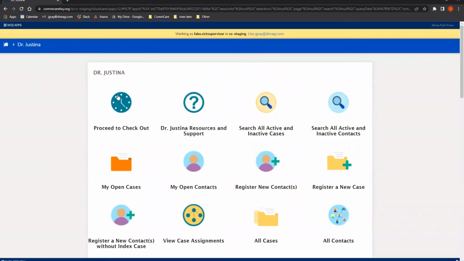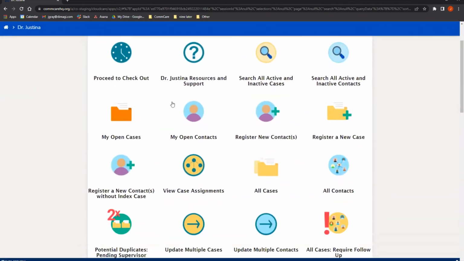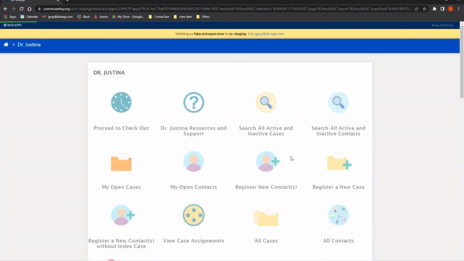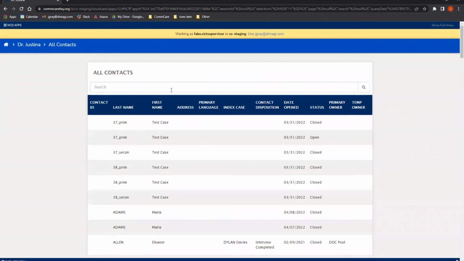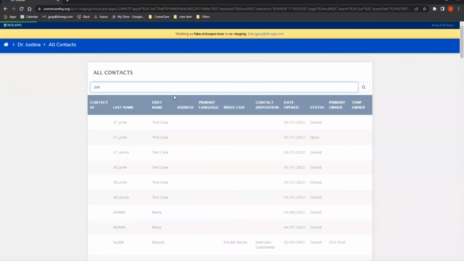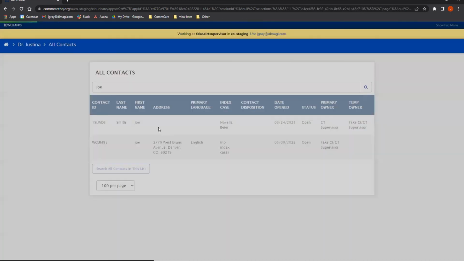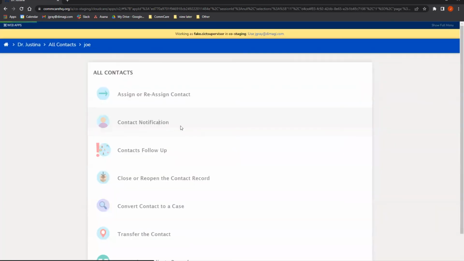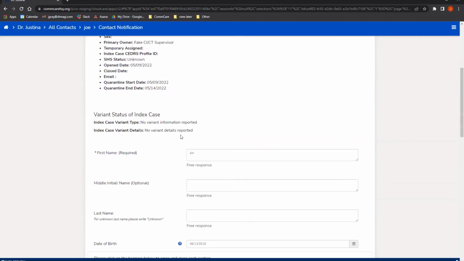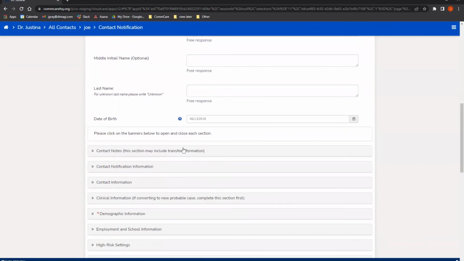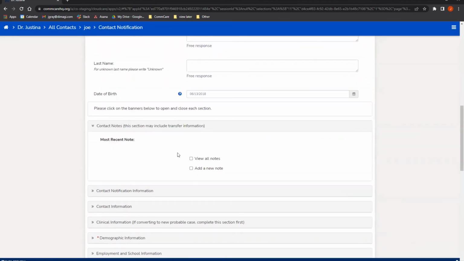Also, if we head back to the main page, we can go into All Contacts. And we can search for our contact there. And we can see that they're also here, and we can see all the information that we put in is in the All Contacts and in the contact notification form if we head into here, or if we wanted to follow up with our contact. So this way we can edit any of the information and create a contact